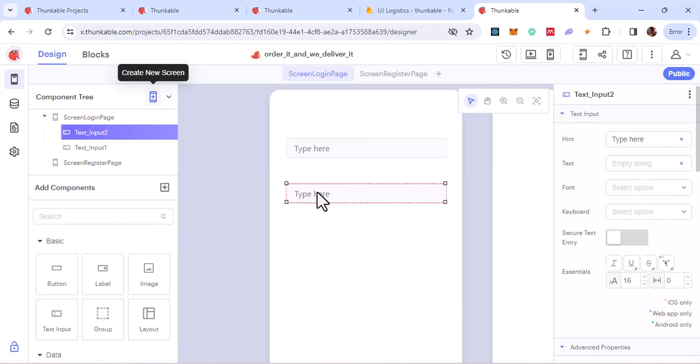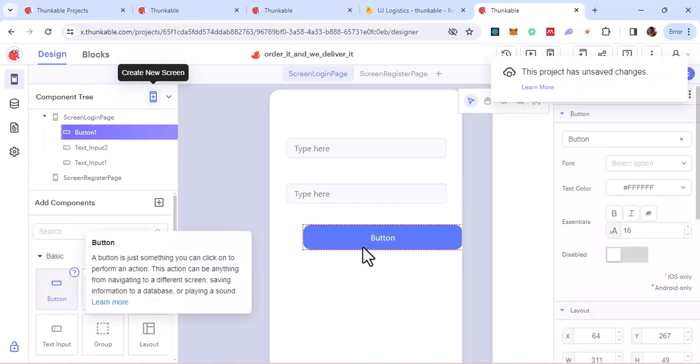So we have two now. And the third one is our button. The same thing is what we are going to be doing, but this time around, we are not dragging the text inputs. We are dragging the button. So click and hold your button, click it, hold it, and drag it to this page. Once you are there, release it. And after you have released it, you can then position it,